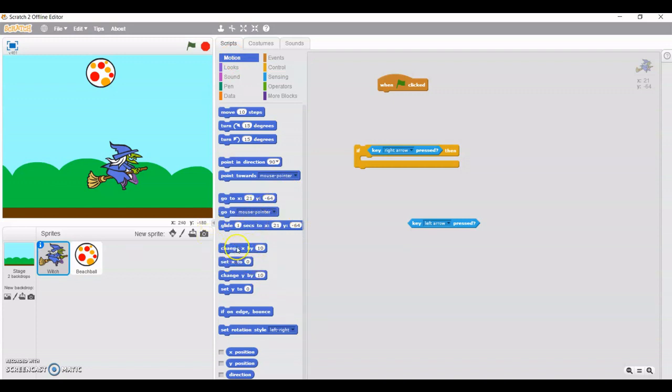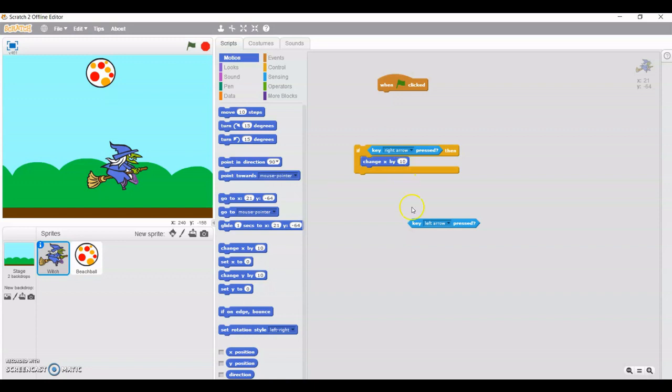I'm going to choose this option, change x by 10. What is this value? 10, 2, 3, 1, any value you can put here. It is just showing the speed of the object. If you increase the value, the speed of the object will increase, or vice versa.